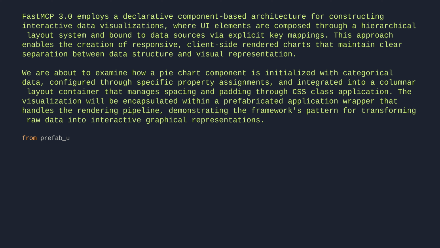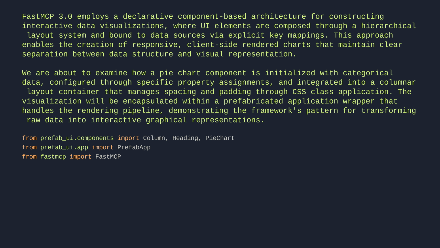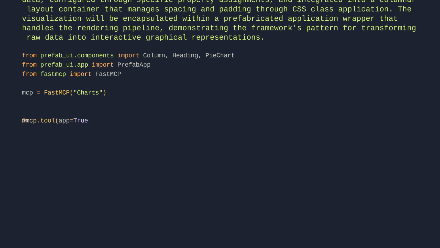From prefab_ui.components import Column, Heading, PieChart. From prefab_ui.app import PrefabApp. From fastmcp import FastMCP. mcp = FastMCP("charts"). @mcp.tool(app=True)